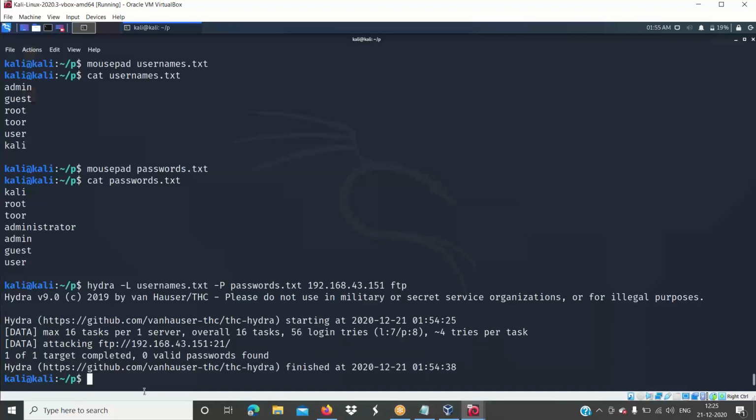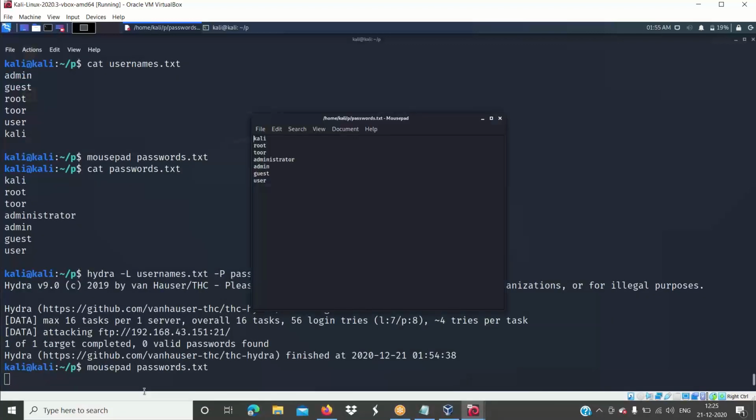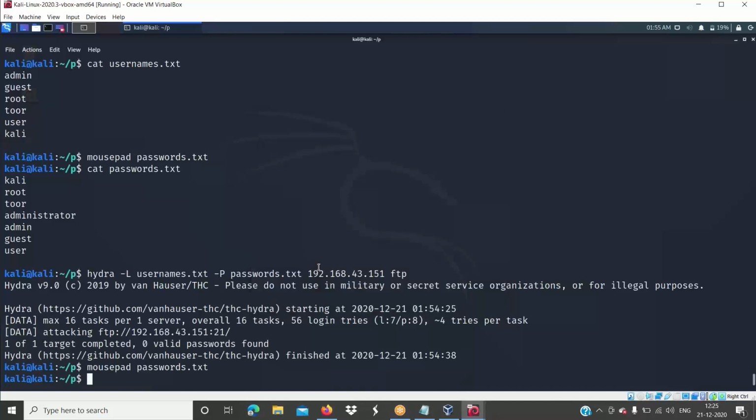Okay, let's say what I'm going to do now is add a right username or right password. This is my password actually. I'm just going to use this password. So same thing, Hydra. I know the username. Let's say I have done the information gathering, and I'm using this password file, which has a real password too.